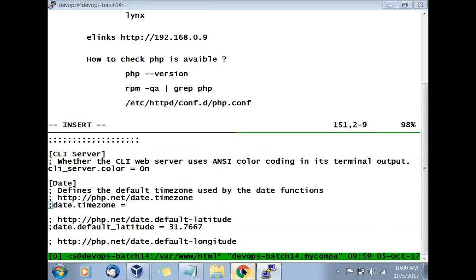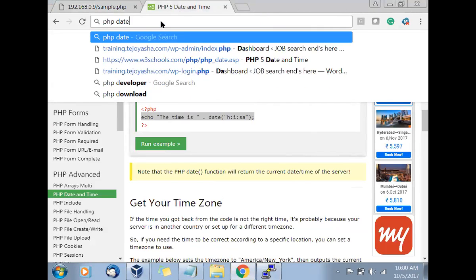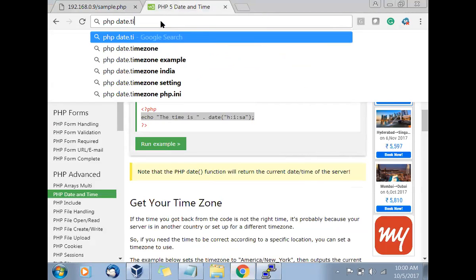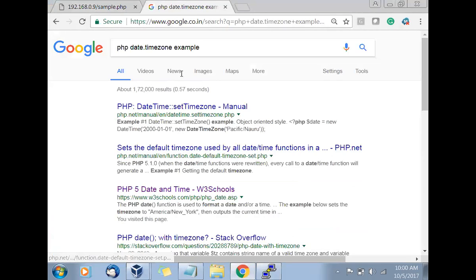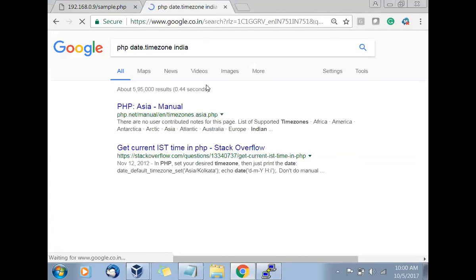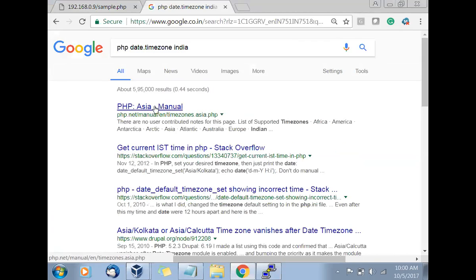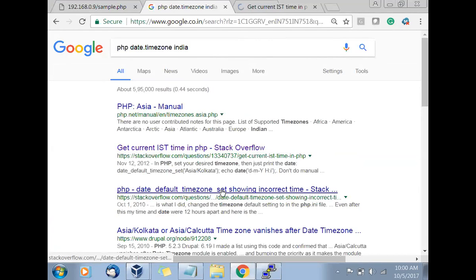So what is that? Let's go and see that. PHP date time zone example. You can go here, or you can say date time zone India. You can also go with that. So how to go with that? Asia, manually, how can I put that? Get current IST time, Stack Overflow, or default time zone.